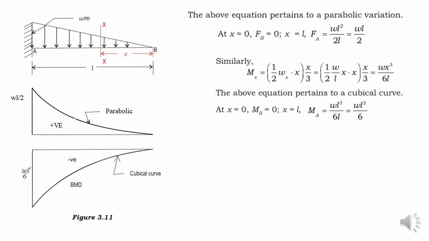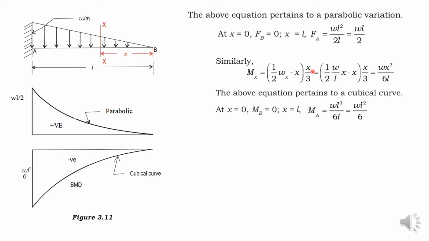Now we have to draw the bending moment diagram for this cantilever beam with a uniformly varying load, and for that consider the same section line which is at a distance h from the end B and take the bending moment about this section line. So you will obtain the bending moment as half into Wh into h, that is the equivalent point load, into h by 3, that is the distance at which the concentrated load will be acting.